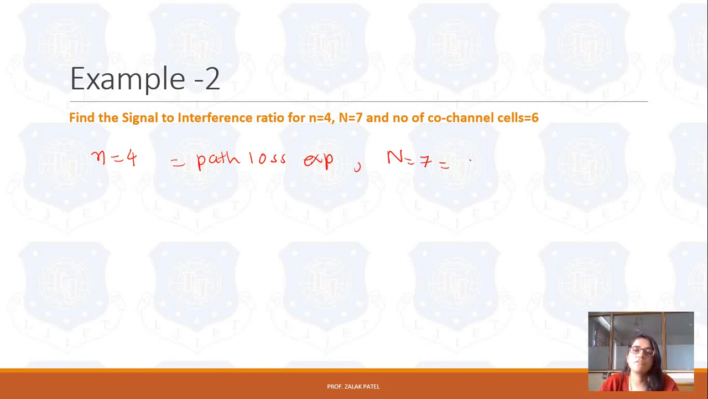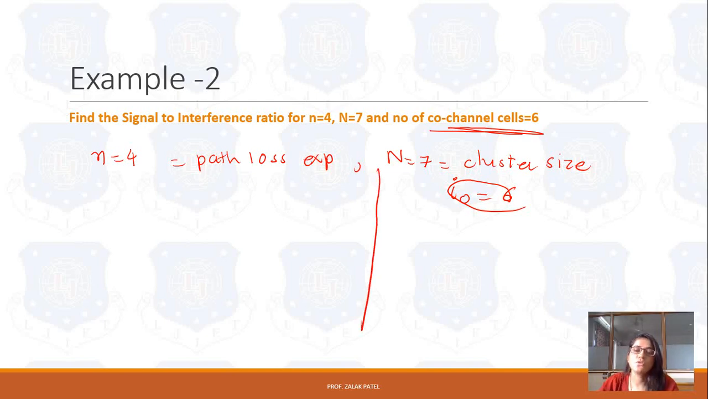N equal to 7 means cluster size is given, and the number of co-channel cells is given. Number of co-channel cells means I0 equal to 6. So what we have to do is find out the signal to interference ratio. To find out the signal to interference ratio, S by I is equal